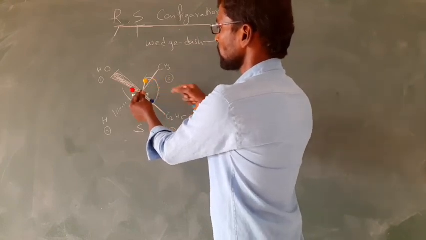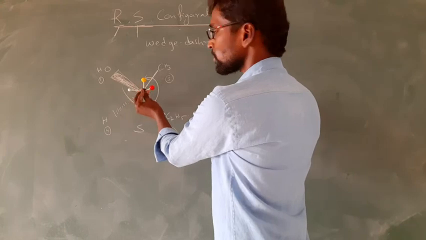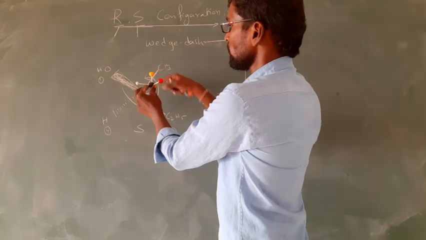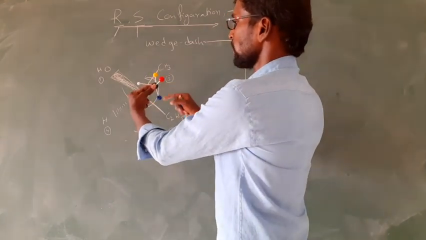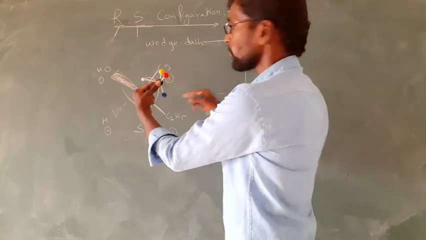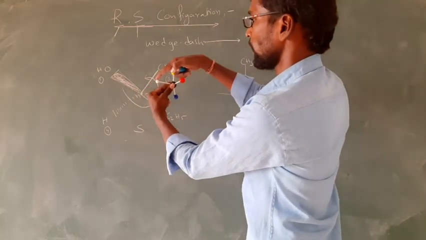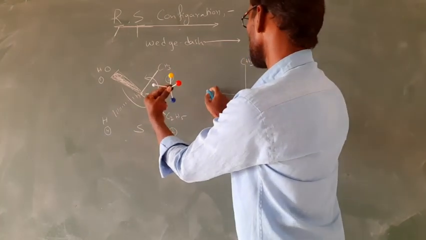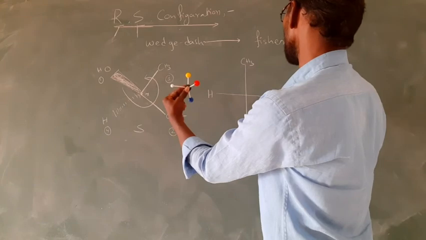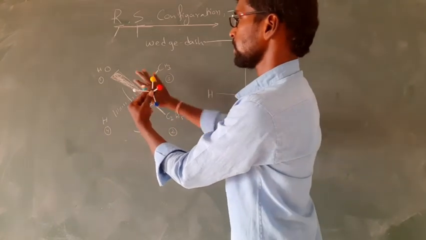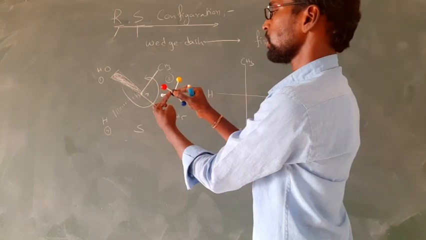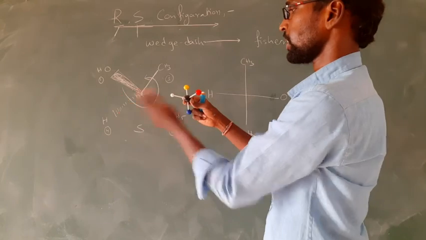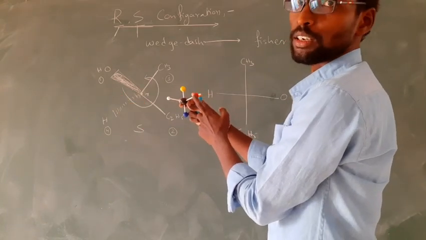So what we have to do here is just rotate the molecule like this. What you will get here is CH3 and C2H5, these two in a line, and H you are getting at your left side, OH at your right side. Just if you press the molecule here, it will convert into this. So H is coming towards your left side, OH towards your right side.